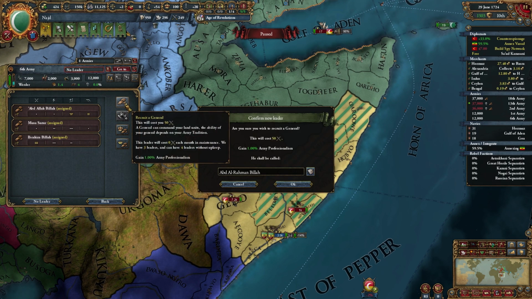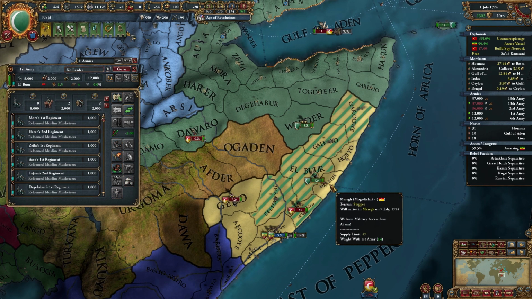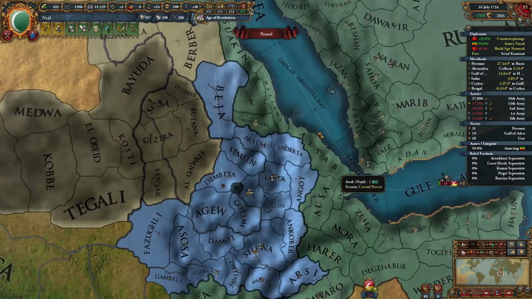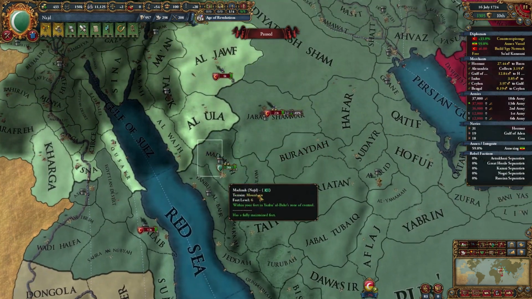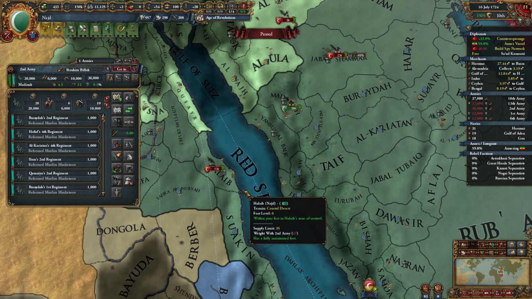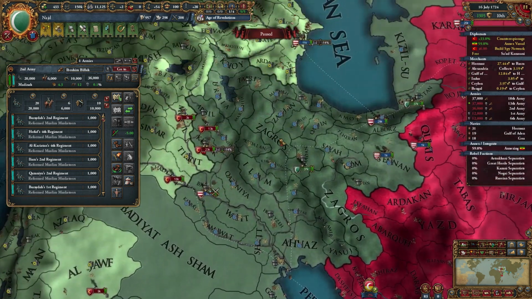So let's get you a new general. He's 2-star, so that's pretty good. Pretty nifty stuff. So Mogadishu are very quickly going to be fully occupied. And meanwhile... So what I'm going to do... excuse me. Oh, there's the timer. What I'm going to do...